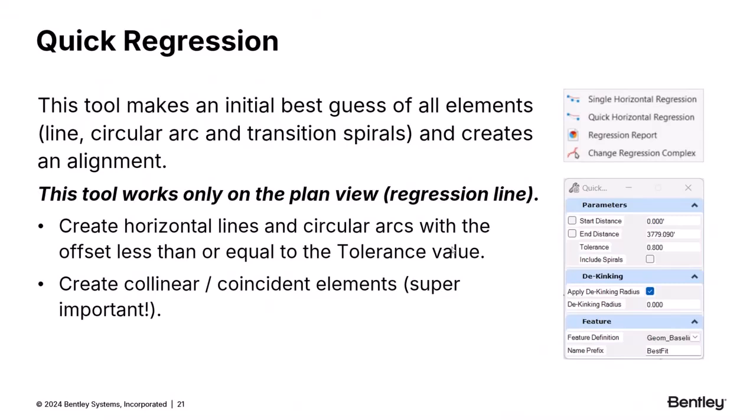So then our next tool for helping create best fit or horizontal geometric regression type of elements is the quick regression tool. So this one's a little different than the single horizontal regression. The single horizontal regression tool, like I mentioned, just creates single individual elements based on the data that you have. This tool will actually do an initial best guess of all the elements. So it'll actually create multiple elements and it will create the alignment, okay? So sometimes just using this one right off the bat may give you the best answer depending on the data that you have, okay? So this tool only works on the plan view line, so you have to have